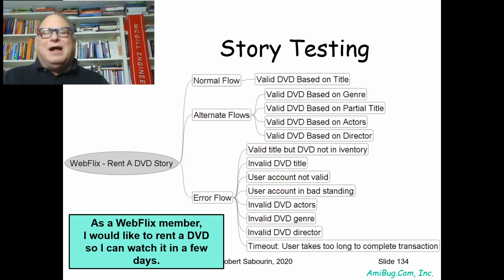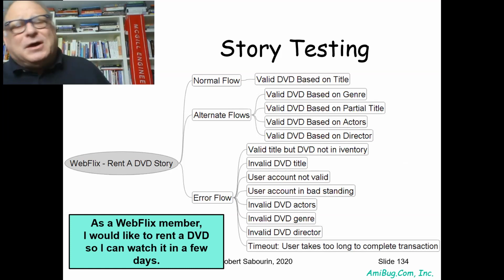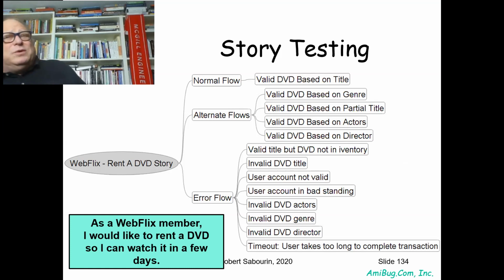User account not valid. User account in bad standing. So they owe us money, or the account's just not right. There's something, it isn't an account. And then if we're renting by the different genres, well, invalid actors, directors, genre, all that could be invalid. And there's also the possibility of a timeout, where a user takes too much time to complete